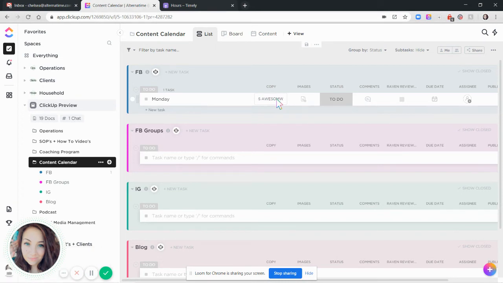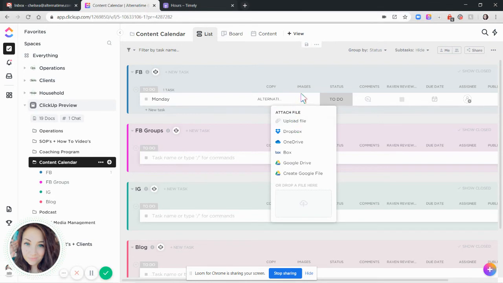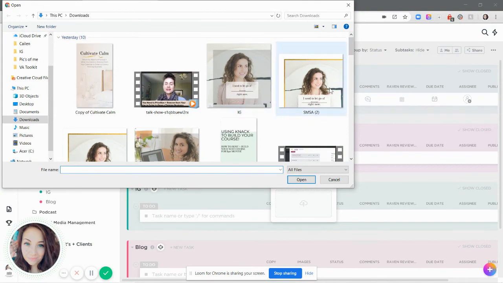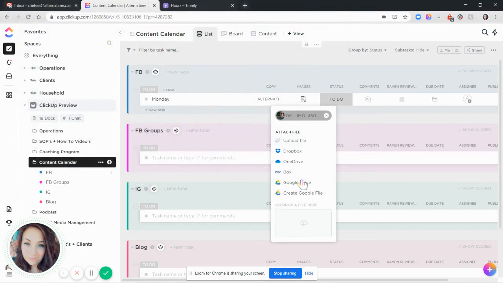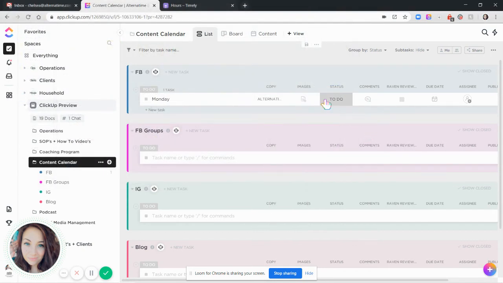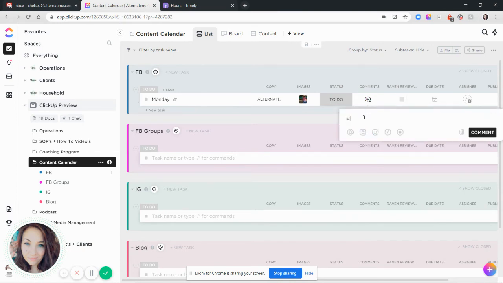is the copy. And I want to use an image. So this custom field is a file upload custom field. So if I were to go down, I'm going to pick my daughter here, and it's uploading it to the task, and it's a to-do task, and I'm going to say to @teammate, can you review the copy and image, right? Then they're going to get a notification to check this, and then teammate reviews it, and she can check her checkbox. And then we can pick a published date and a due date and assign it,